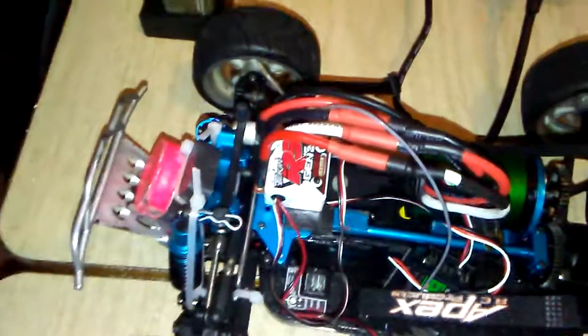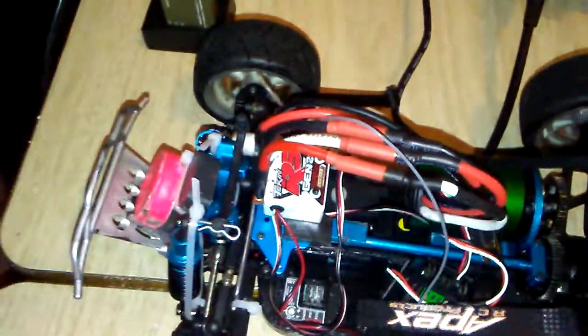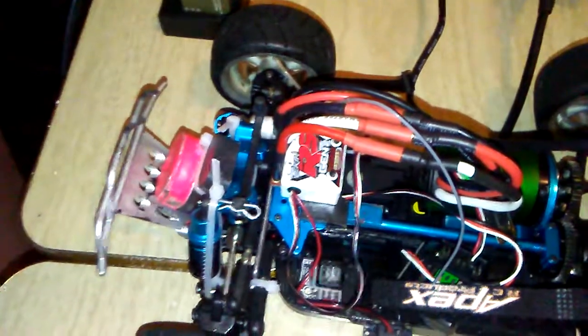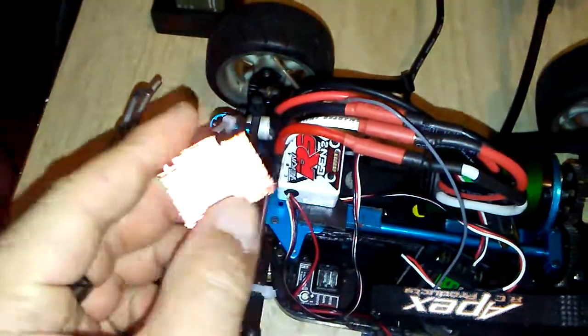So I got started on the project. I'm not going to rush this, guys, because I really don't want to tear my stuff up. But we're going to get it figured out. We're going to run good. I just want to keep you guys posted on what's going on. I started to make my own heat sink,